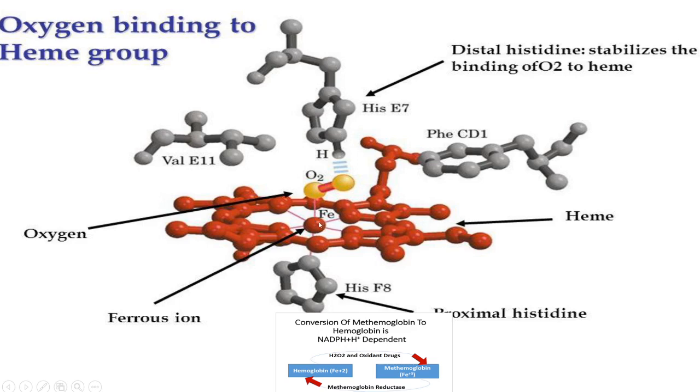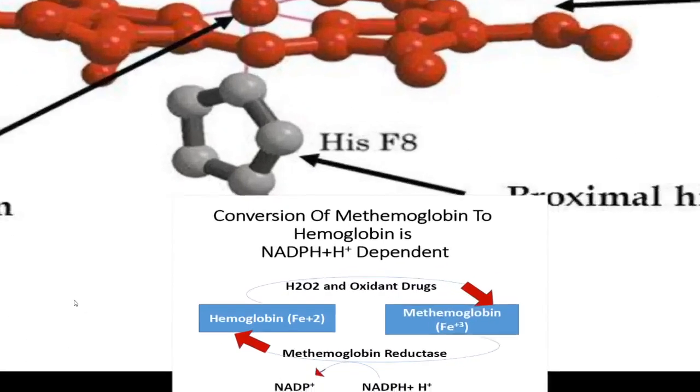So the sixth bond also joins with oxygen, and distal histidine stabilizes the binding of O2 to heme. Okay, so it would clear your understanding. Okay, next we move to the